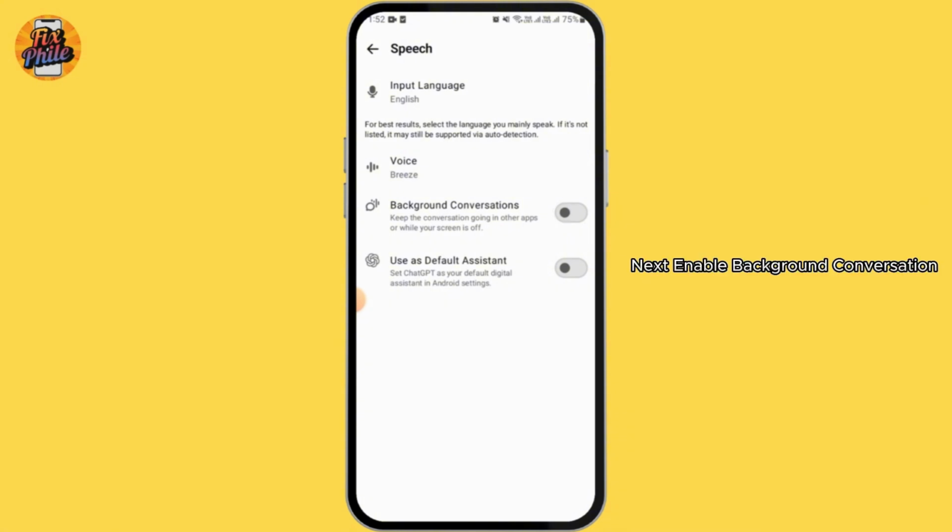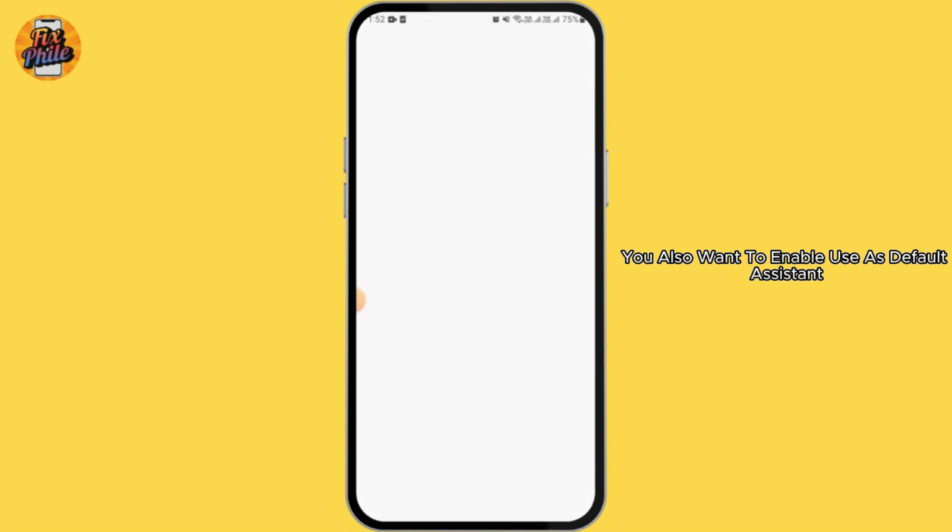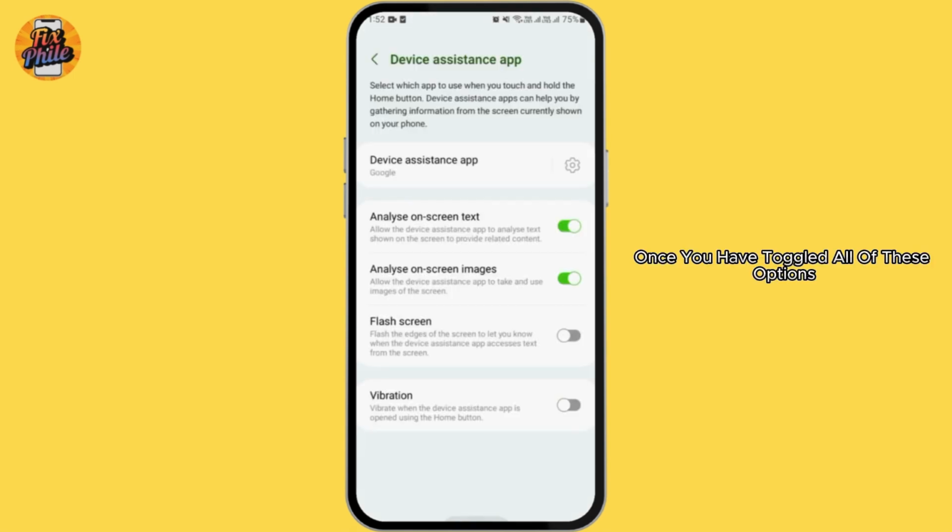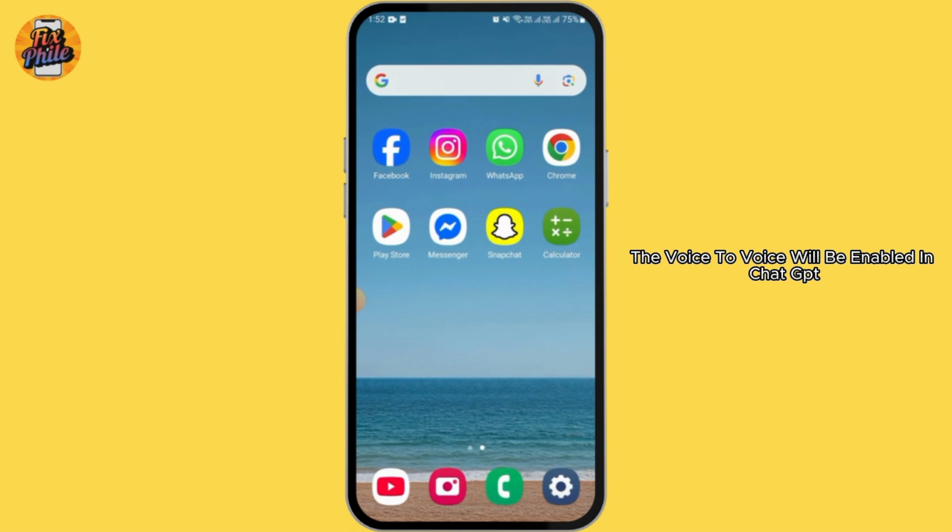Next, enable background conversation. You also want to enable use as default assistant. Once you have toggled all of these options, the voice to voice will be enabled in ChatGPT, and that's all